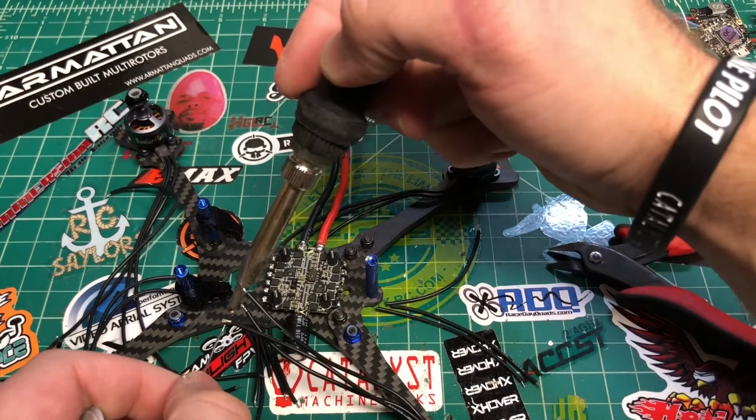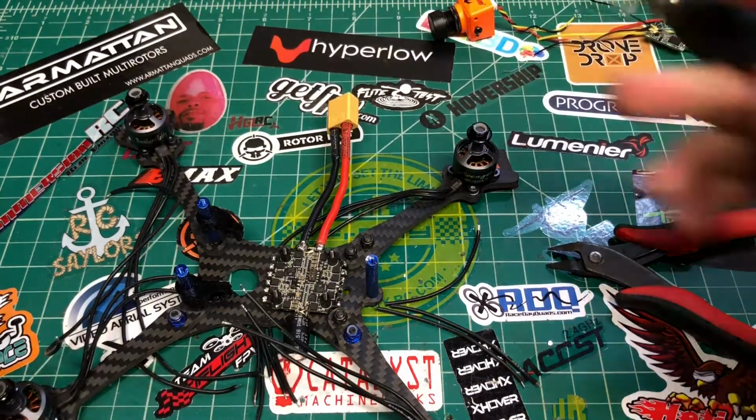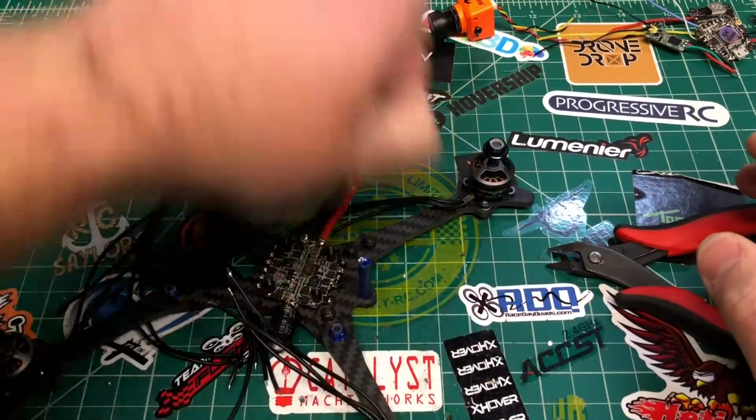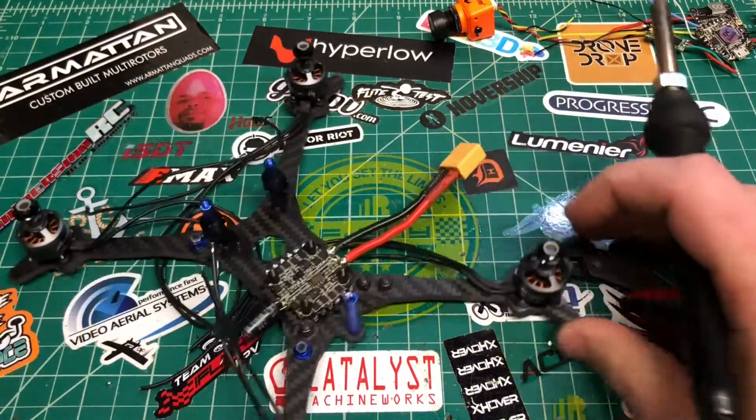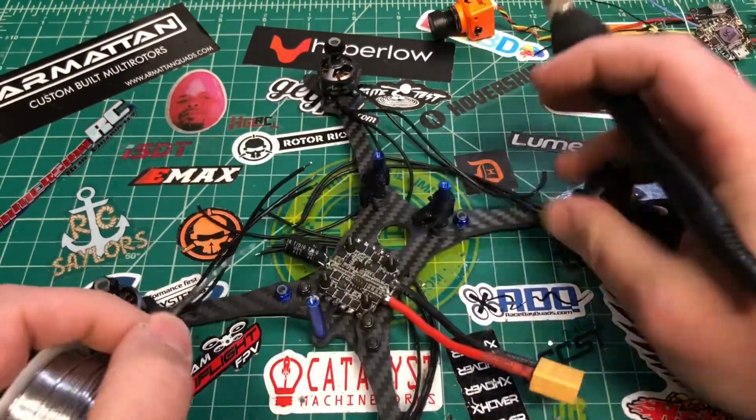Yeah, it's crazy. You get some of these manufacturers that put the wires too short. Like I got new Emax motors, the 1106, and the wires were so short that I had to extend them. It wasn't even that big of a build, but